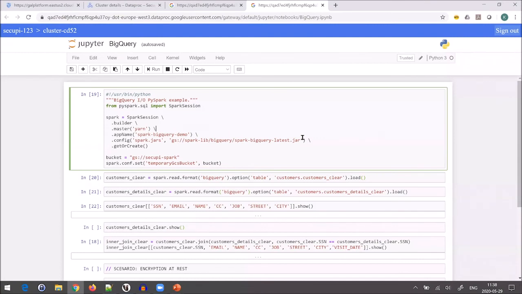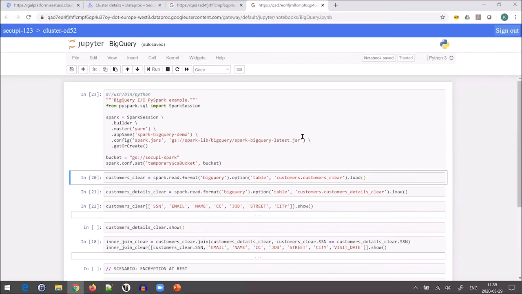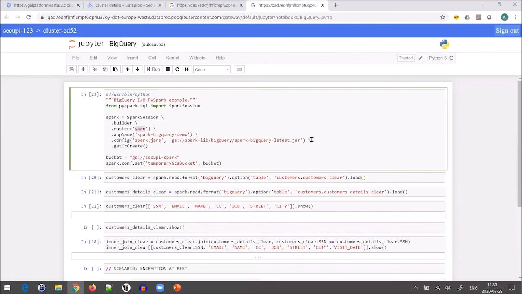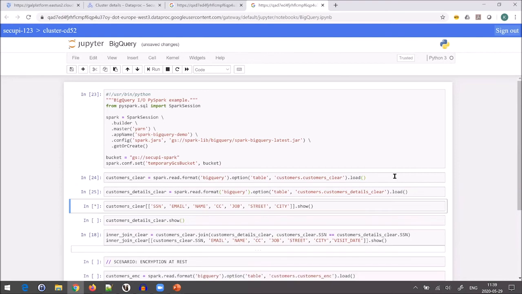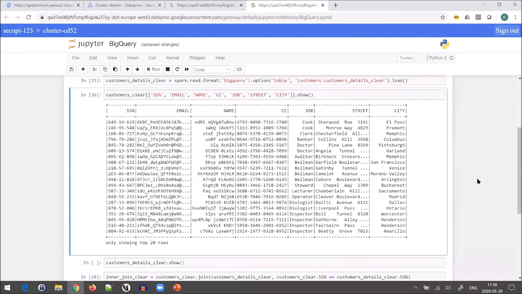I will now initialize my Spark session by running the first cell. I'm connecting to Spark using a user called Jan, which in CCPA we set to be an analyst that must work with encrypted data. Now I will initialize my data frames that will read from the two tables in BigQuery. And if I run this command, the data is presented to me like this.